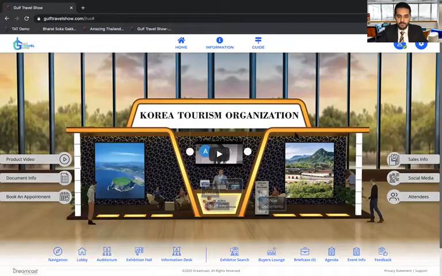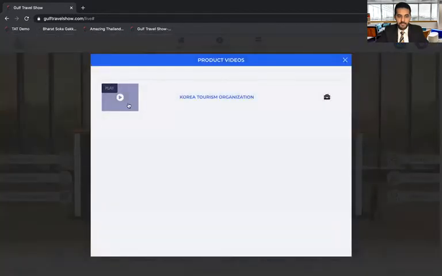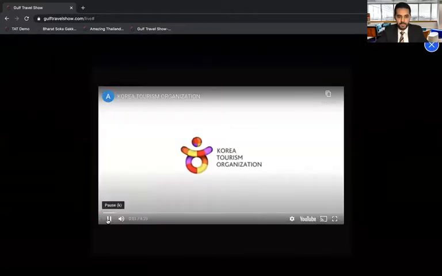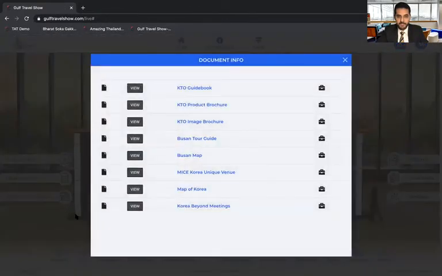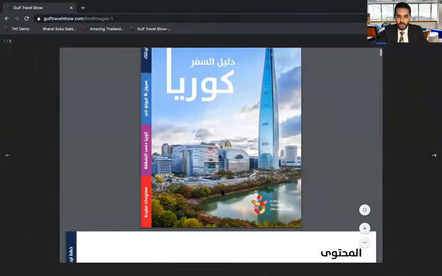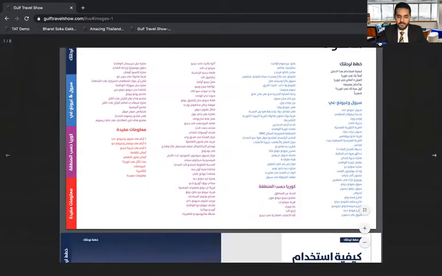You can see your booth and all the documents and videos have been uploaded already. So on the left hand side starting, you have the product video. This product video, as well as other documents, have been already uploaded in the backend. So as you can see, you can check the video being played, as well as the next tab, which is the documents tab. You can see the various documents already uploaded in your booth. The buyers can simply come in and see the documents. They can view them as well as they can download these documents for their reference.